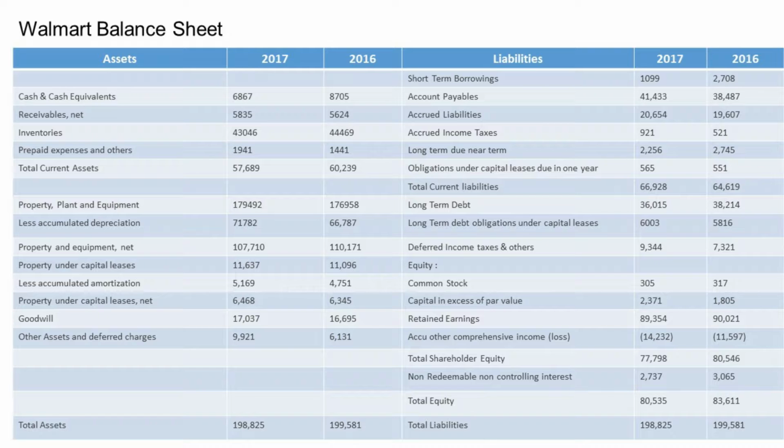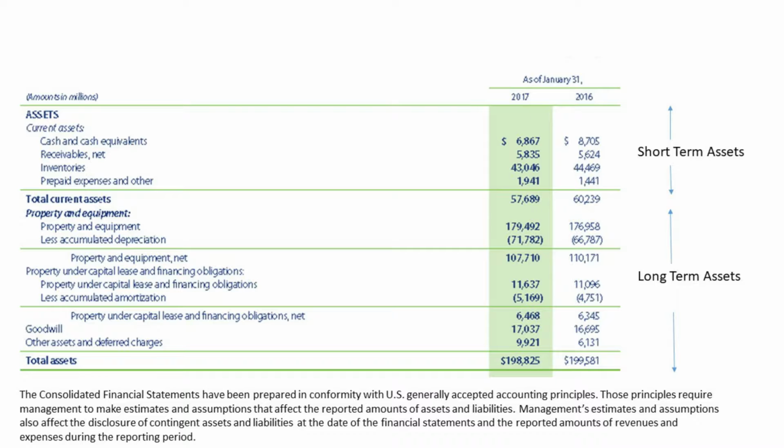So let's dive deep into the asset side. Now this is a snapshot view taken directly from the balance sheet, and in fact directly from the annual report. This is very useful because annual reports delve deep into each category and explain why the value appears so, what is done in terms of accounting, and why the consolidated financial statements reflect the values they do. Now here it's Walmart's assets